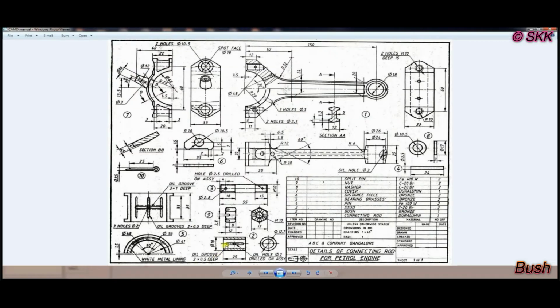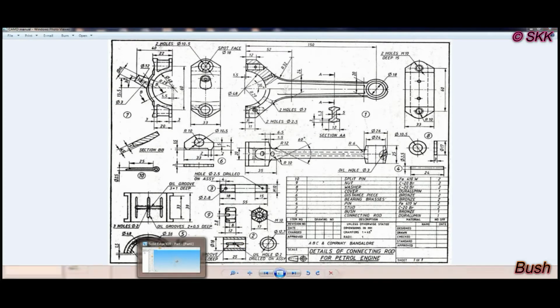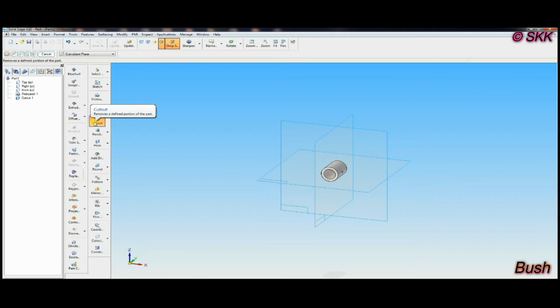Then you can see an oil groove of 2 into 0.5 deep, that one you have to create. Same profile, length is not mentioned here, so you can go for 18 mm, total 20 you can take. First you have to draw an 18 mm length rectangle.